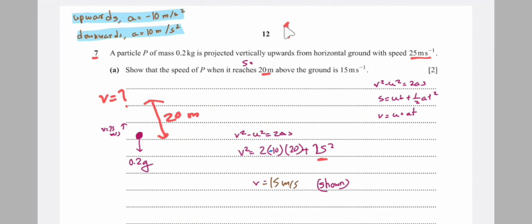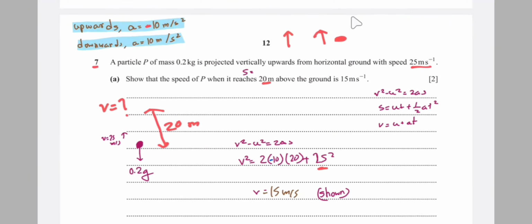And what is the value of acceleration? Since the particle is moving upward, we have to take a negative acceleration, and if the object is moving downward, then we have to take a positive acceleration, because when the particle is moving upward, it would come to an instantaneous rest, and after becoming instantaneous rest, it would move down. So since we can see that the velocity decreases, the acceleration would be negative. But for a particle that is moving downward, it would obviously